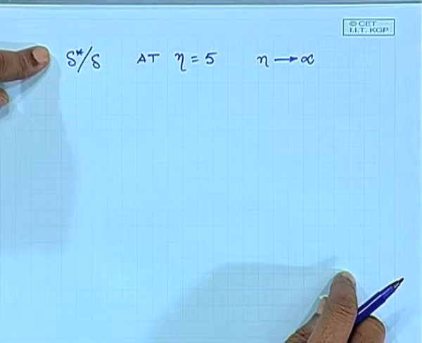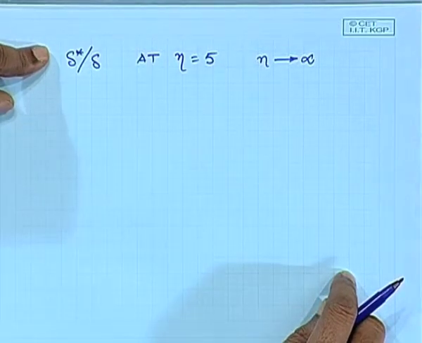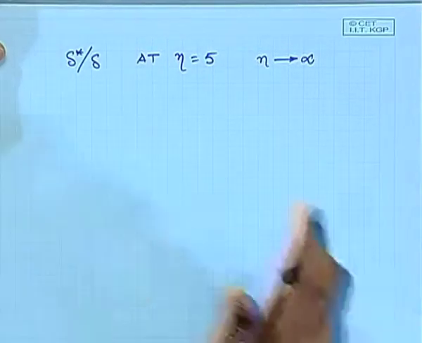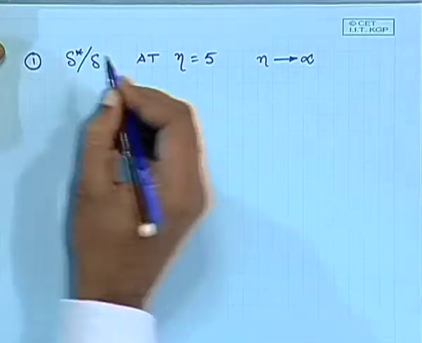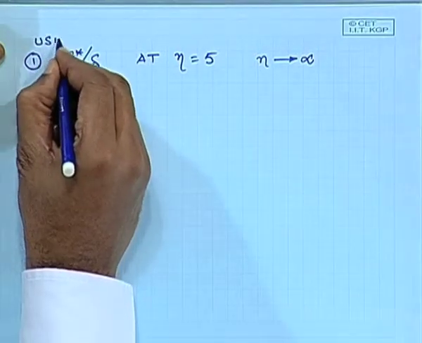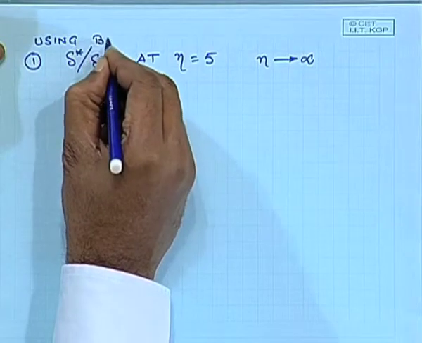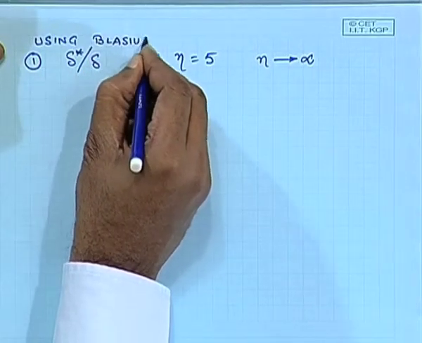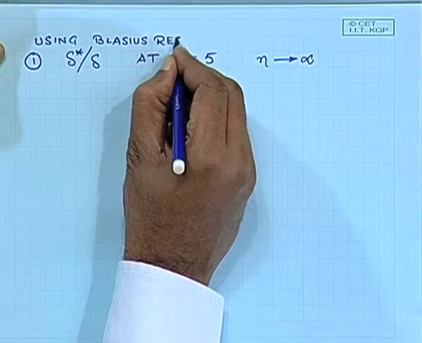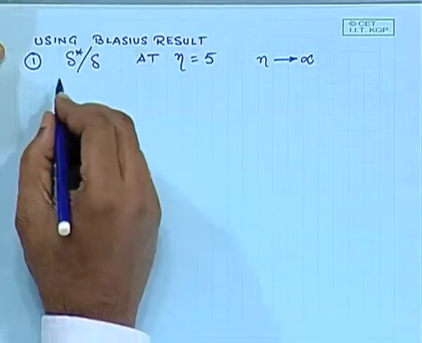We know delta star is the displacement thickness, and delta is already known to you. Part 1 is using the numerical Blasius result. And the second thing is